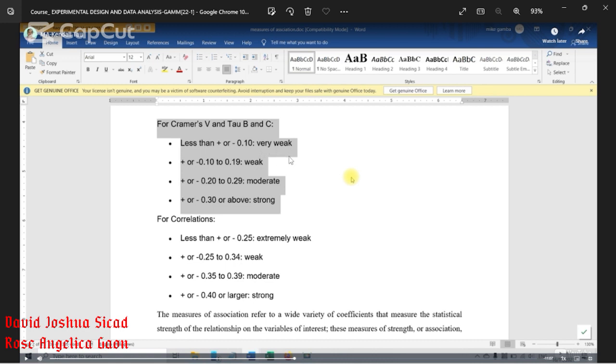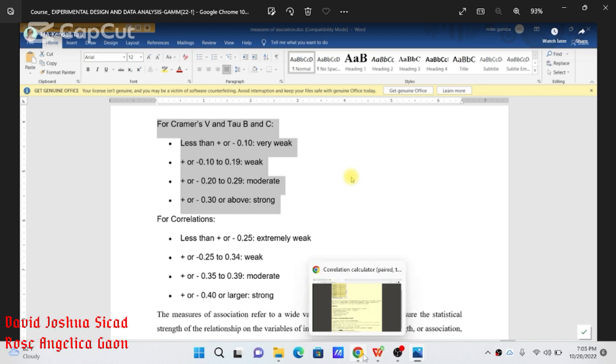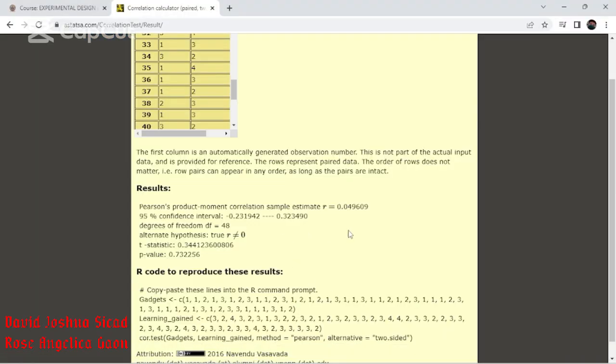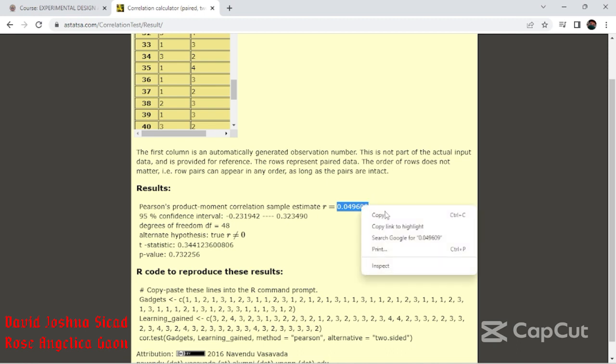So the measure of association is very weak. So R is 0. We will copy,